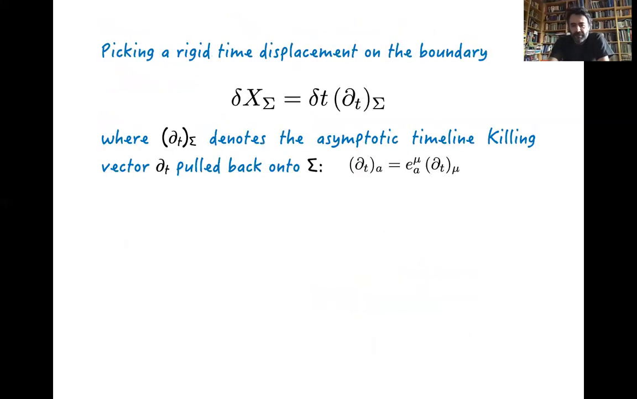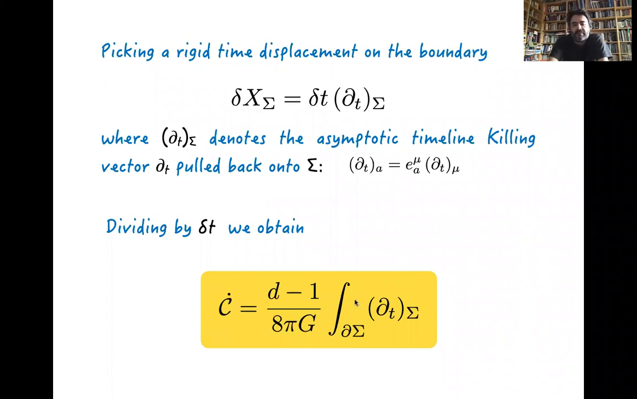Now, because I'm after an equation for the rate of complexity growth, I'm going to take a boundary variation, which is just a rigid translation in delta t. So it's a translation proportional to the asymptotic Killing vector, right? The time translation vector, which in general is asymptotically Killing in these space-times. And then by dividing by delta t, I get an equation for C dot, which is just given by the integral over the boundary of this pullback on the surface of the